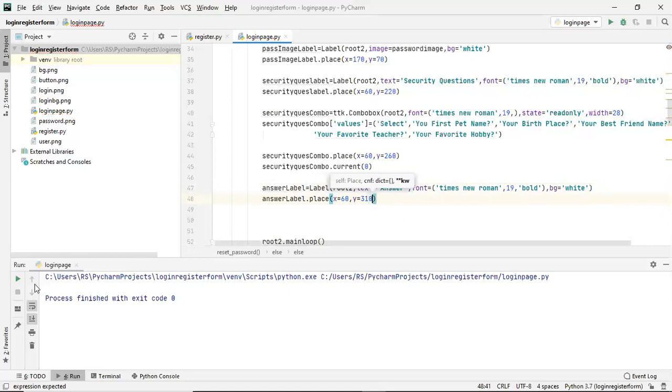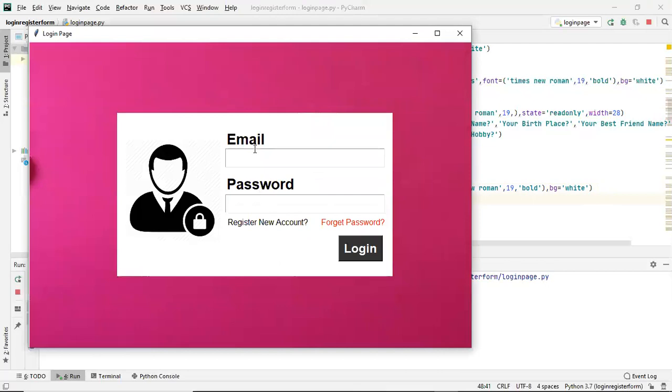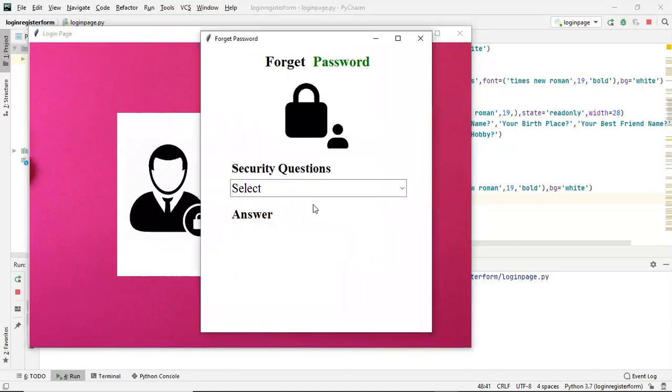So if I run now, forget password. So see, we got this. Earlier I increased some width here. Now we added this answer label here. Then I have to add the corresponding entry field and then confirm password, new password label and then entry field and then a button.